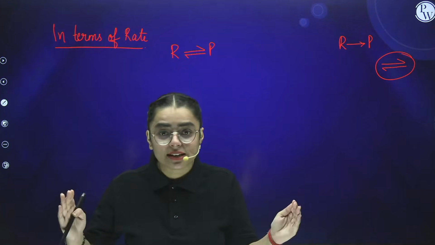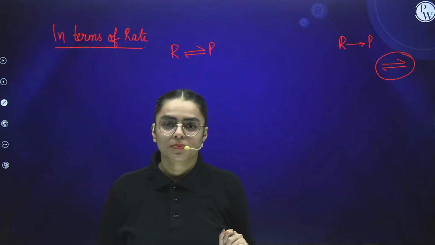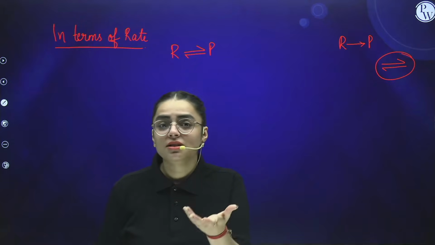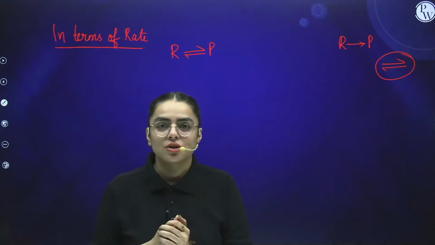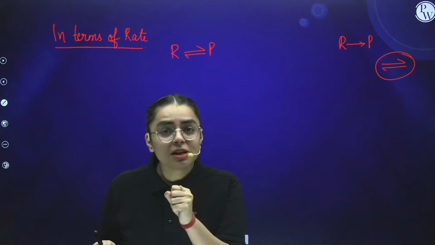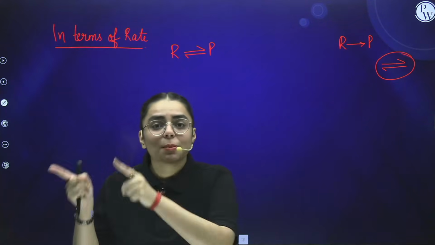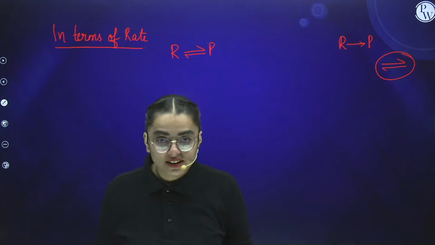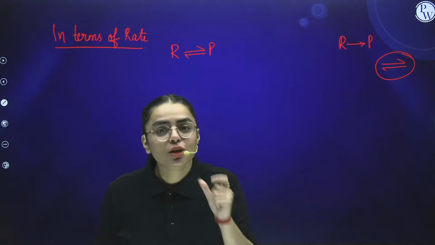So a sign in chemistry also plays a very important role. Whenever you are writing a reaction in a single direction, that means it is an irreversible reaction which cannot be converted back. While if we are talking about a reversible one, it is converted into product, and yes, product can be converted back into the reactant, which is a reversible reaction. Clear? So in a reversible reaction, we can see the attainment of the equilibrium stage.